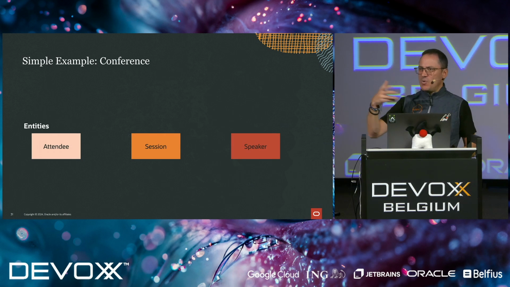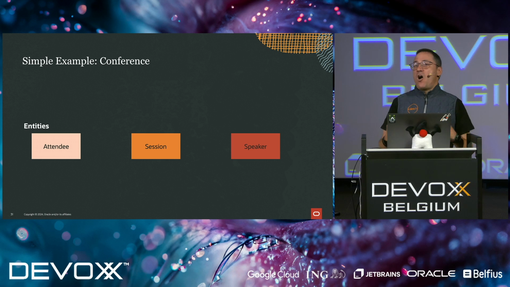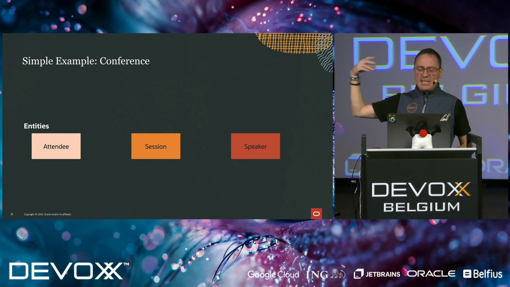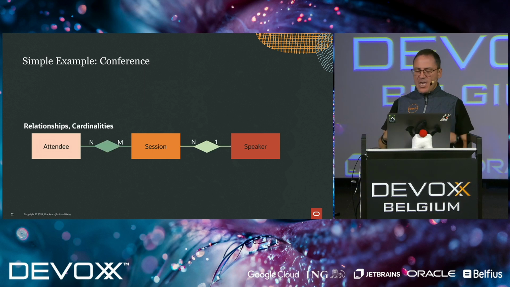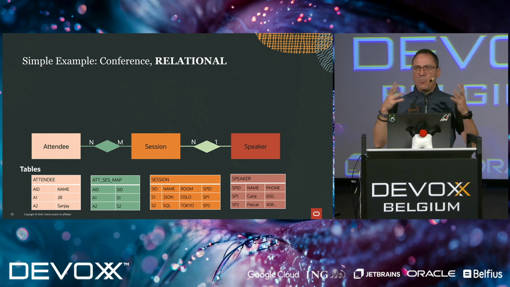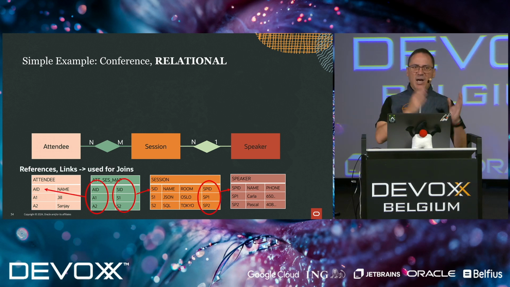Say, for example, that you need to create an application that models a conference. You can define as many entities as you like. We can start with simple ones: the attendee, the session, and the speaker. Each one of these entities will have different relationships, there's standard SQL, and each one of the entities will have its own properties. And because of the nature of relationships, there are primary keys and foreign keys. Yes, we know this by heart. This is how we do relational data.